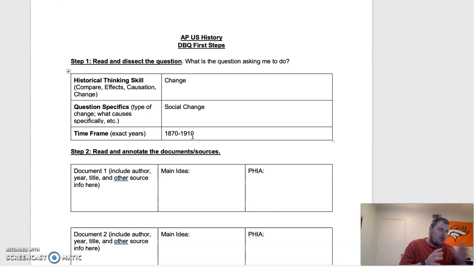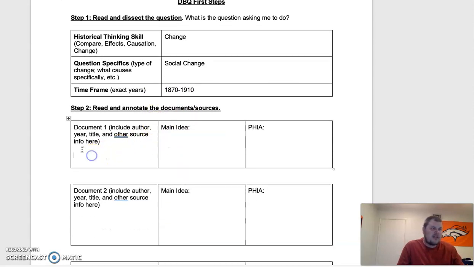So right away, we've just broken down the question. We have a better feeling for it. And again, it might seem tedious, but at the end of the day, if you spend the extra 30 seconds breaking down the question, we're going to make sure we don't answer the wrong question and we answer the right question. So the next thing you've got to do is read